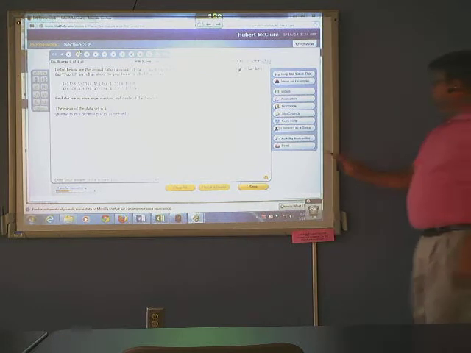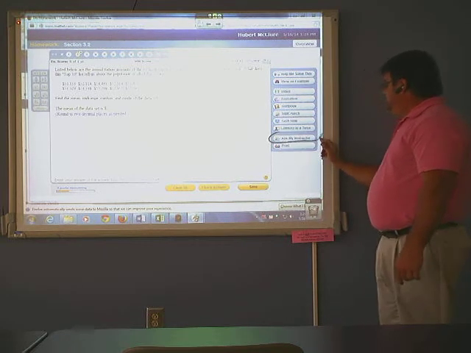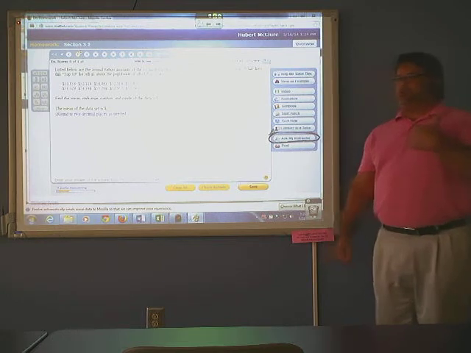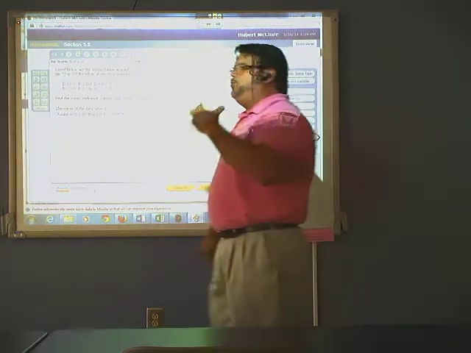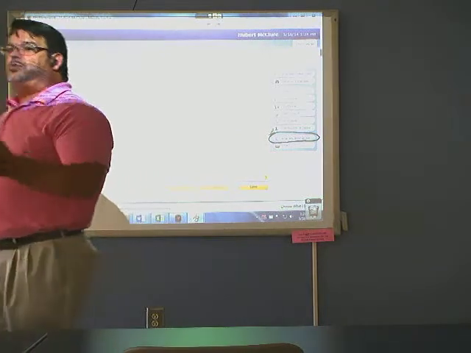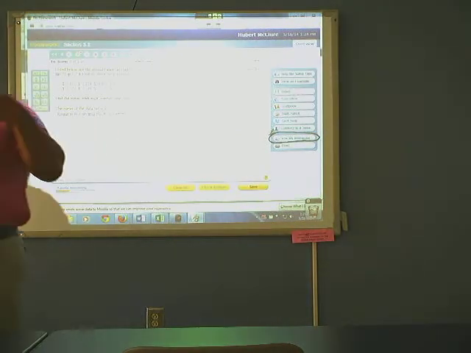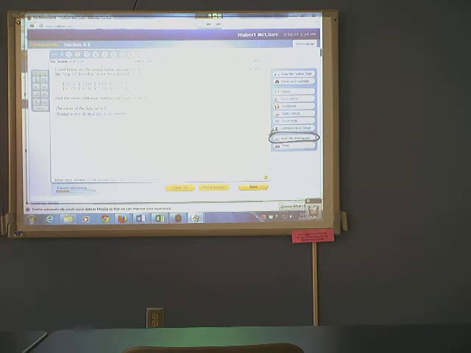This button right here is Hubert's button. This button is the one that I like to use for my students, because if it wasn't for this button, I wouldn't be able to ascertain where y'all are as far as understanding the material. This button right here,